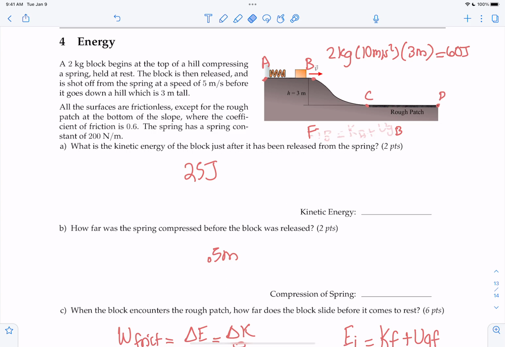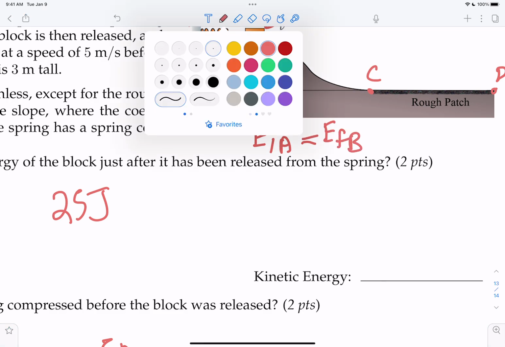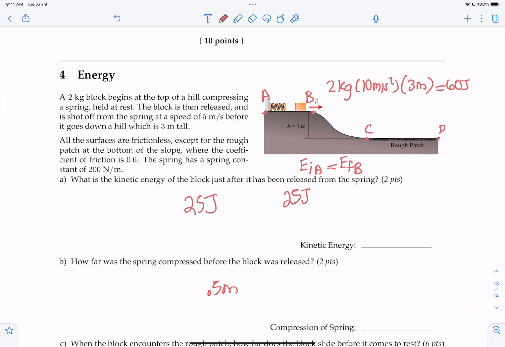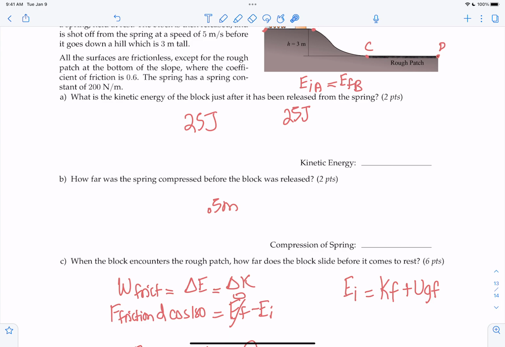Or in a sense, if I wanted to start from the very top, then I know that EIA is equal to EFB. So whatever initial energy I have at A, that was 25 joules due to the compression of the spring, I think that's what it was. Or at least technically it is, based on the idea here that